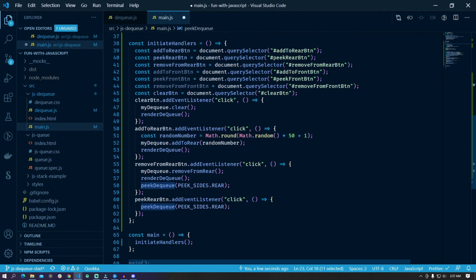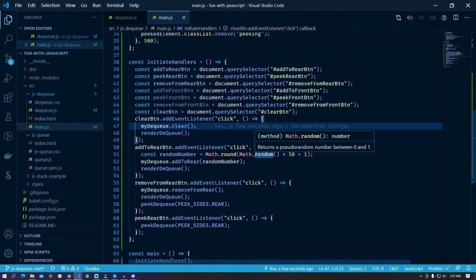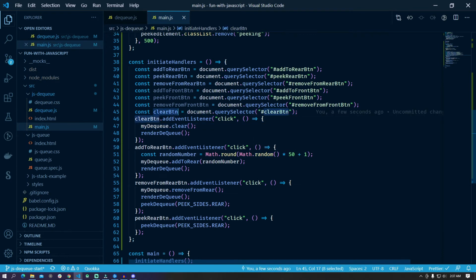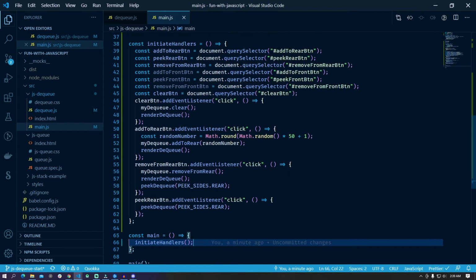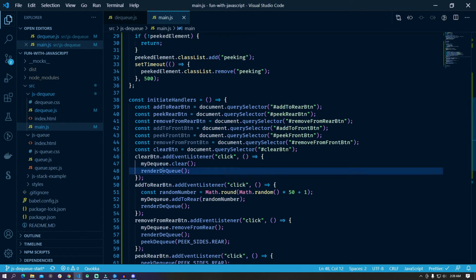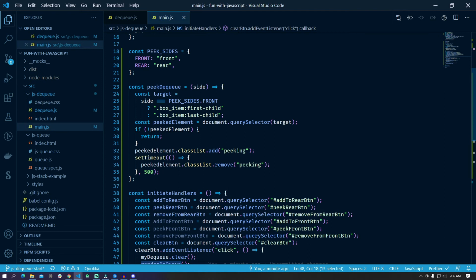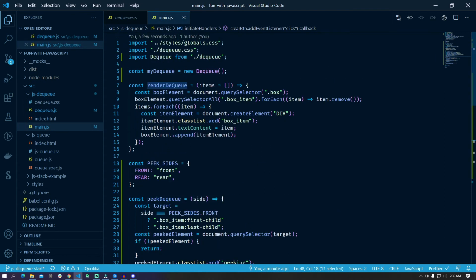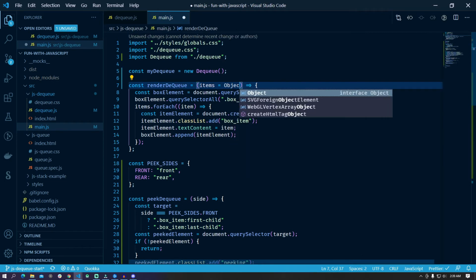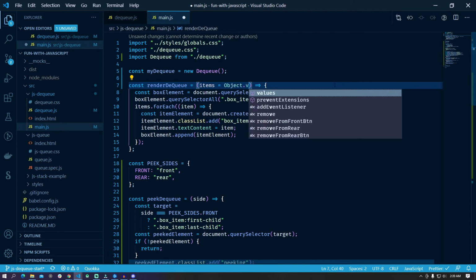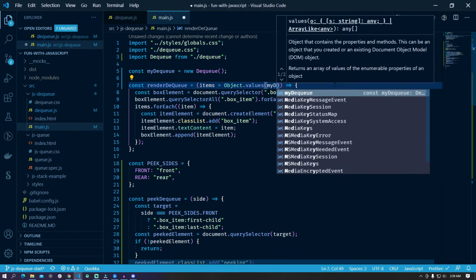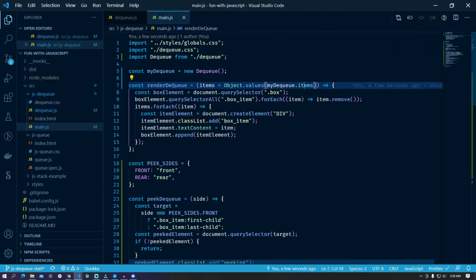So now our handlers for the rear side and the peek are done, also for the clear button as well. And now that we have the handlers in place, notice that in the renderDequeue, we are not passing anything, whereas renderDequeue accepts an items array. By default, it is initialized with an empty array. So instead of the empty array, we need to make sure that we are using the Dequeue items. We can say Object.values, and here we could say myDequeue.items. It converts this items object into an array of the values from the object,